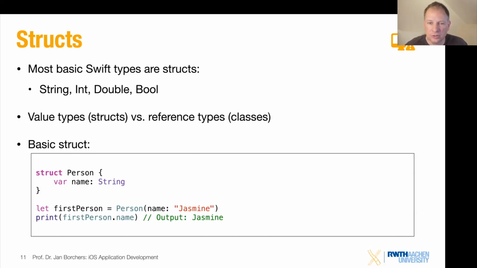This is something you will run into many times as you're coding in Swift, whether it's in UIKit or SwiftUI, and you really need to wrap your head around this. So first of all, String, Int, Double, Bool, they are all structs, and that's why we were able to use things like a method on a string, like string.lowercased, right?